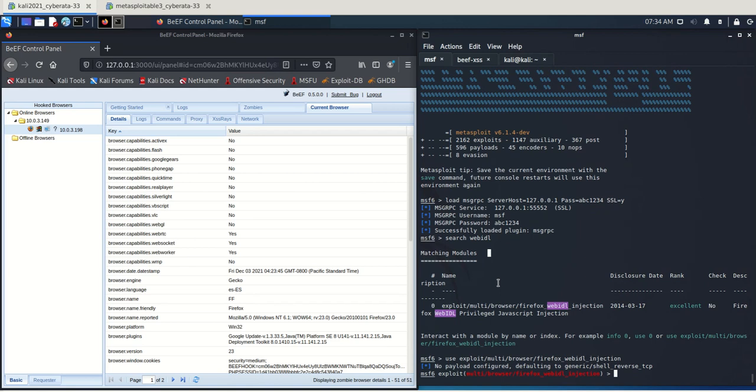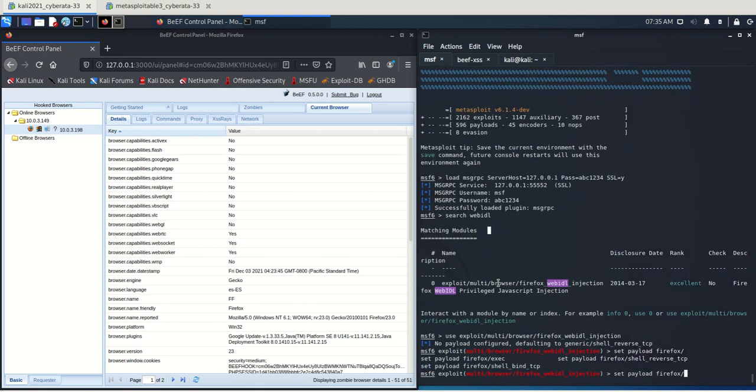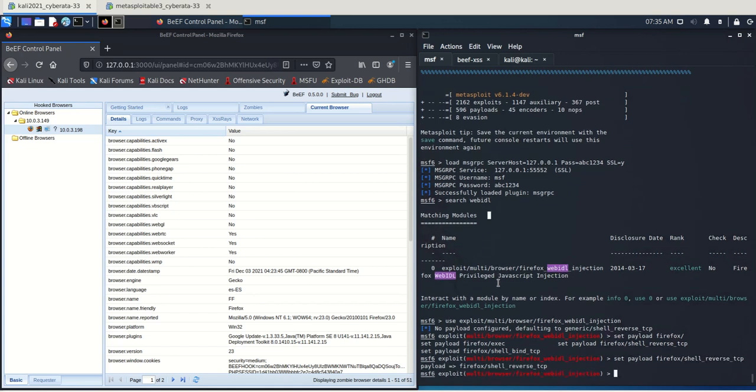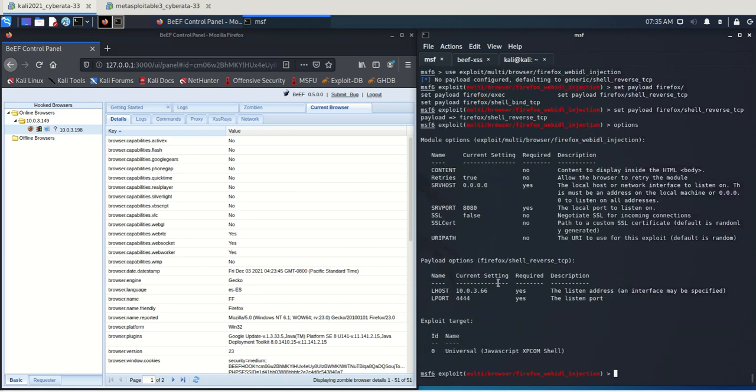Yes, I can do that. Set the payload to be Firefox shell reverse. Okay, let me see the options. So you see that the server host is set to 0.0.0.0. We will set the server host